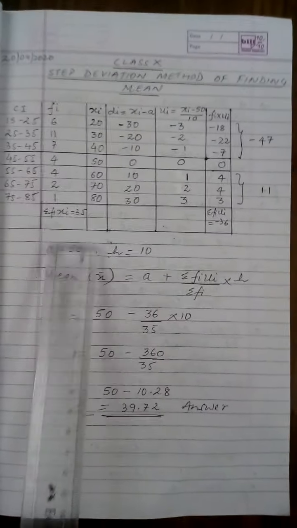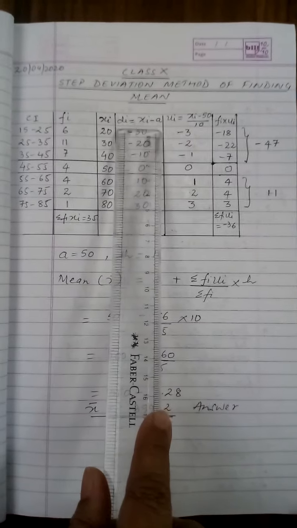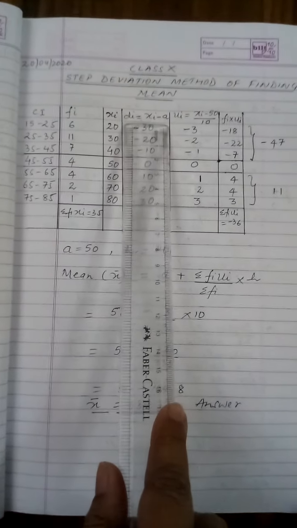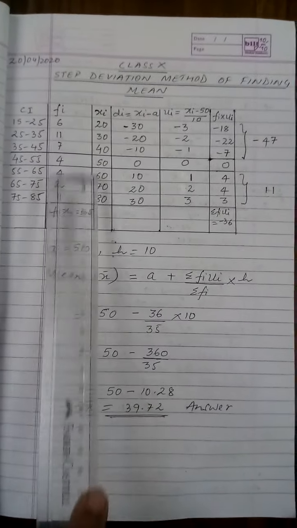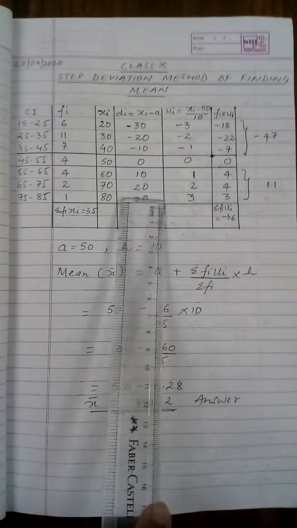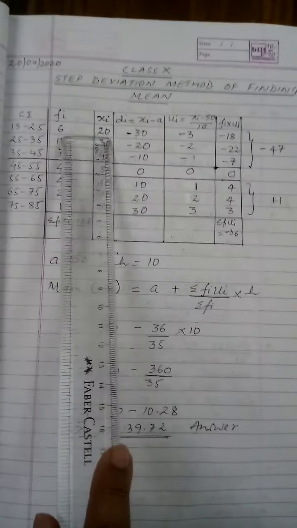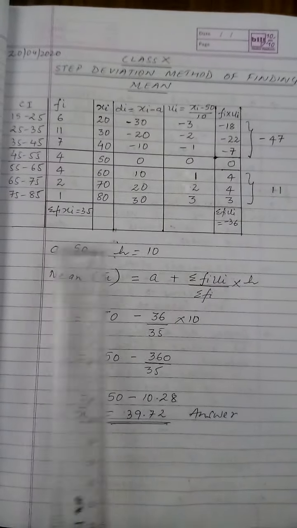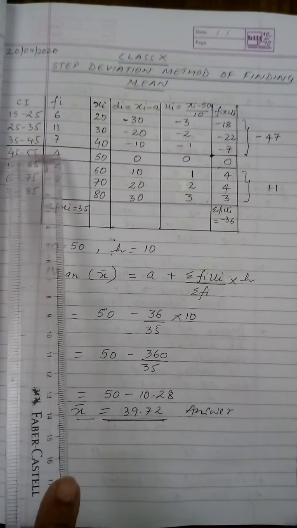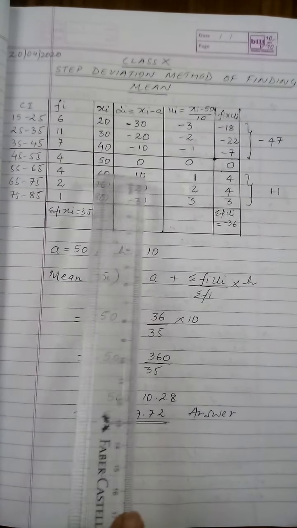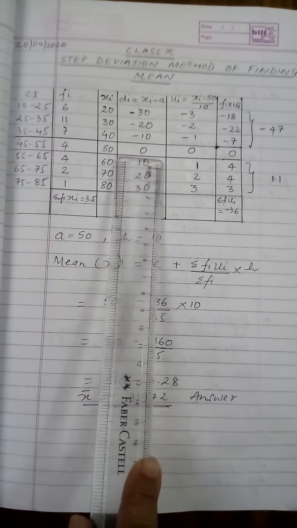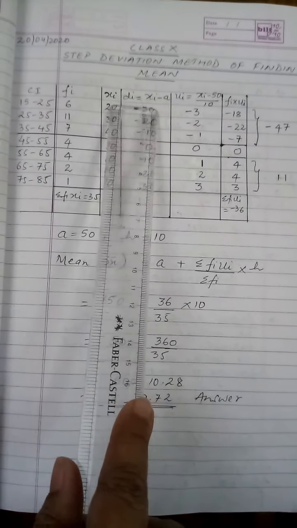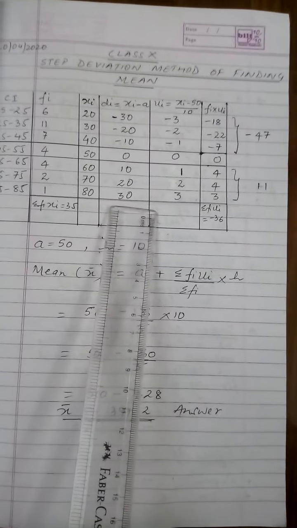of my data. Next, I find out Di in exactly the same way I found out in my assume mean method. That is, I am going to subtract Xi minus A in each of these. That means when I first subtract 20 minus 50, I get minus 30. Then I do 30 minus 50, I get minus 20, and so on and so forth. Obviously, for the selected class interval, the value of Di comes out to be 0. Now above 0, I've got negative values of Di, and below 0, I've got positive values of Di.